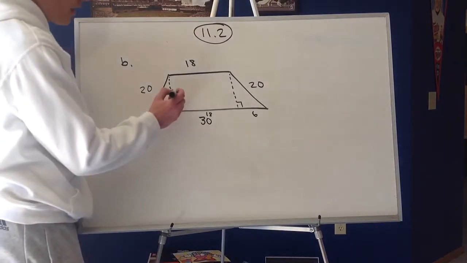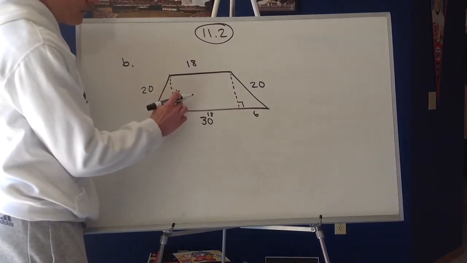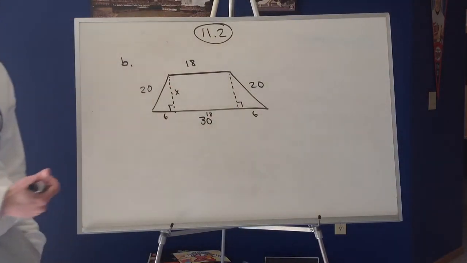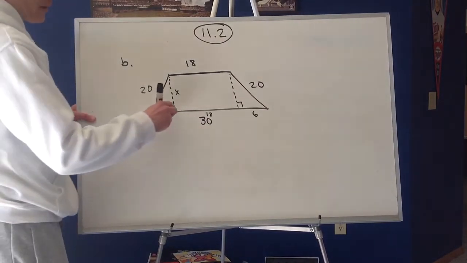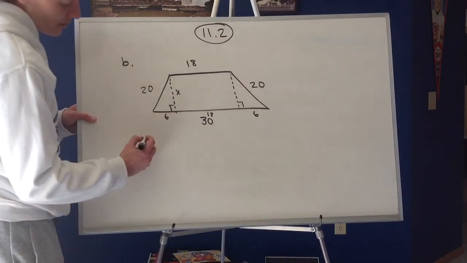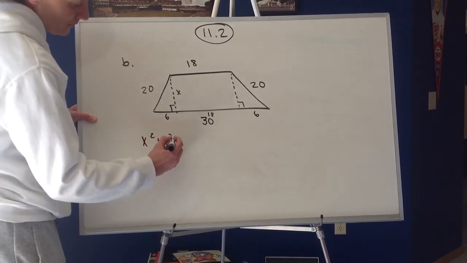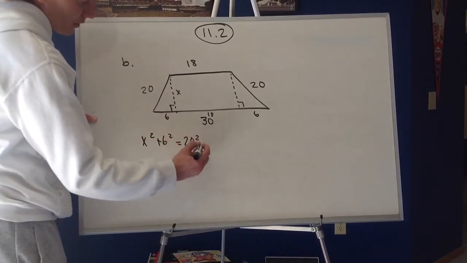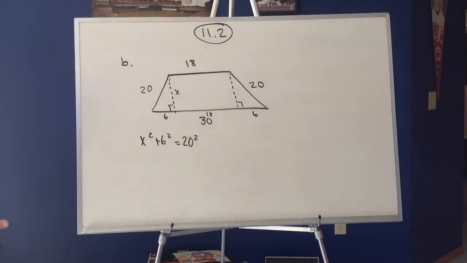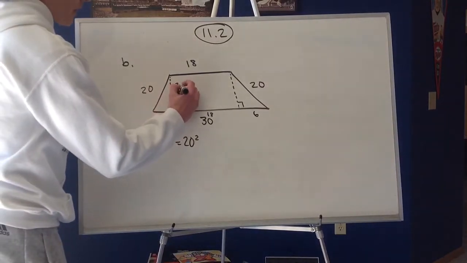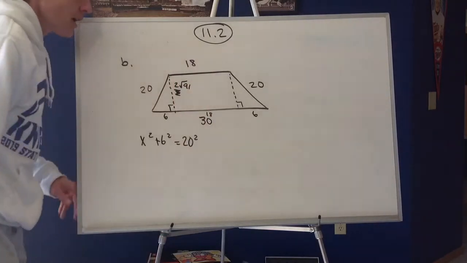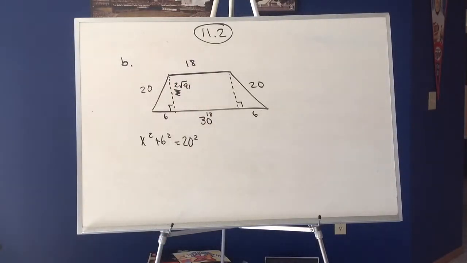Now that's going to help me find my height. It doesn't matter if you want to find it on this side or this side, you can do it either side. But I'm going to use the Pythagorean theorem. I've got x squared plus 6 squared equals 20 squared. If you go through and simplify that, you'll end up getting 2 square root of 91 for your height. Again, I made it something that doesn't work out wonderfully because I want to talk about that with